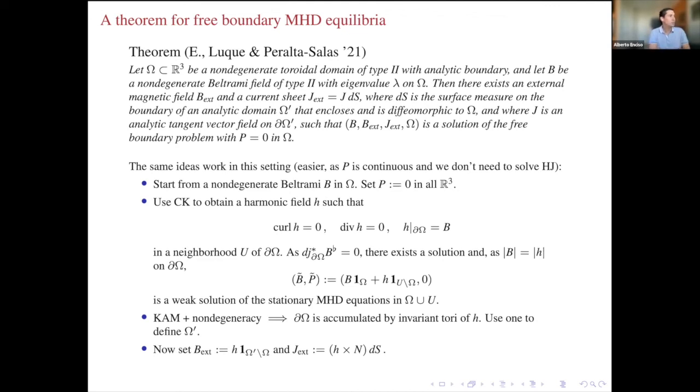Then what we can show is that you can take another toroidal domain and a current sheet, so a singular current density that lives on the boundary of that domain, which generates an external magnetic field for which the equation holds. Okay,